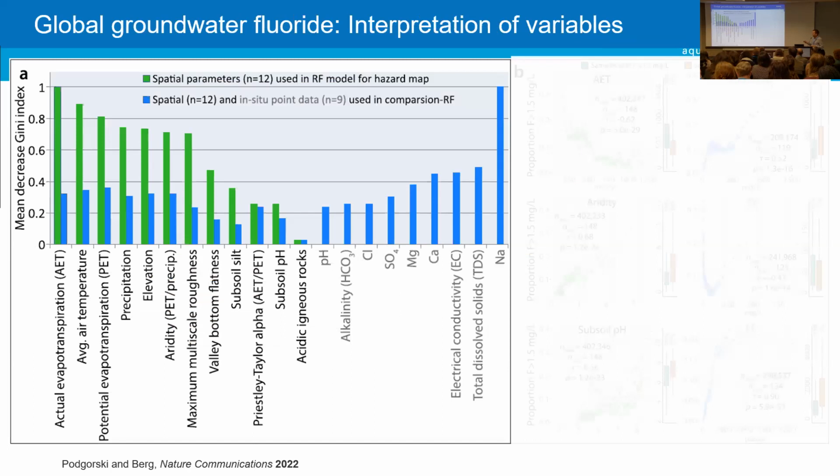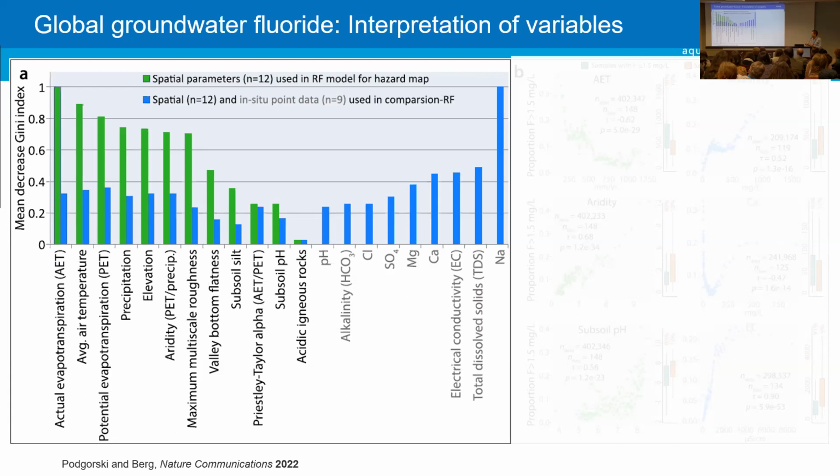And here I wanted to say a little bit more about what we can get out of these models. It's not just the maps, which are nice and all, but we can look more closely at the variables from the modeling process to better understand what is playing a role, why these results come out as they do, as Esther was describing in her work. Here I just want to highlight these green bars on the left. This is showing the importance of the variables in descending order, and the importance means, in this case, the contribution to the accuracy of the model.